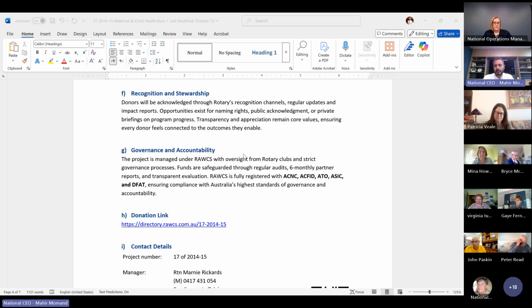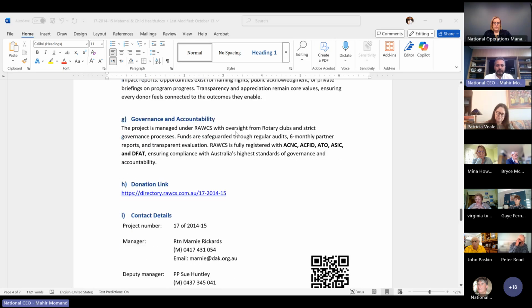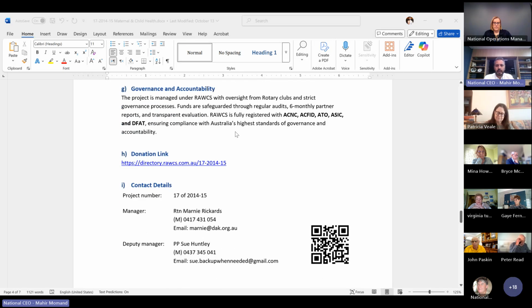Where will you talk about my corporation or my organization? In some cases, it's also important to say how often you will bring them to see the project in person, or how often you'll report back to them, and then speak about the governance and accountability. In this case, because you are all part of the RAWCS structure, you can keep this particular section as is without removing it, to say that